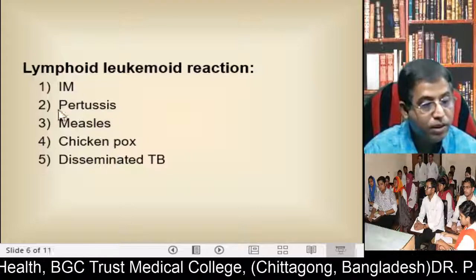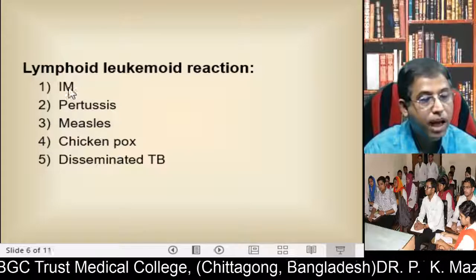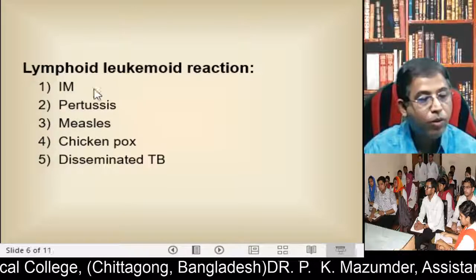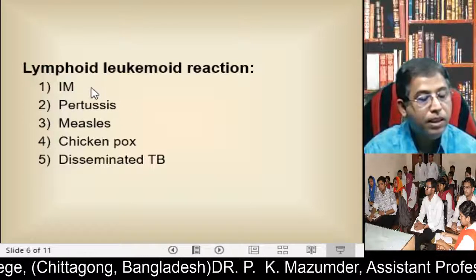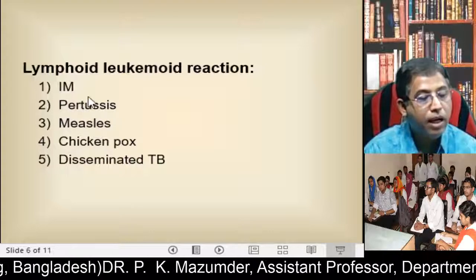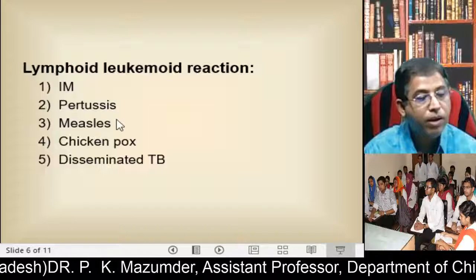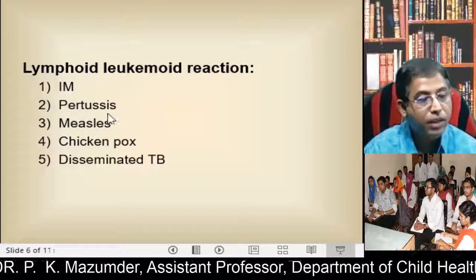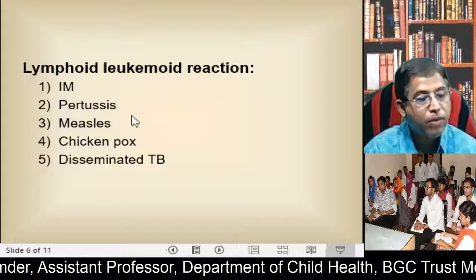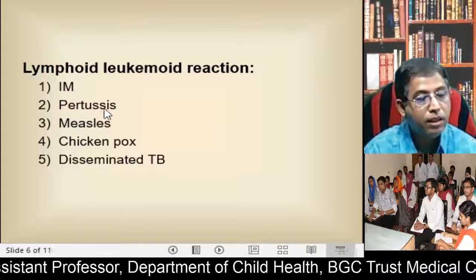So in pertussis, if a patient is diagnosed with pertussis and you do the complete blood count along with peripheral blood film study, you will get a WBC count of more than 50,000, and you will get some blast cells in the peripheral blood film. And if you examine the baby, there is no pallor, no lymphadenopathy, no hepatosplenomegaly, no bony tenderness.